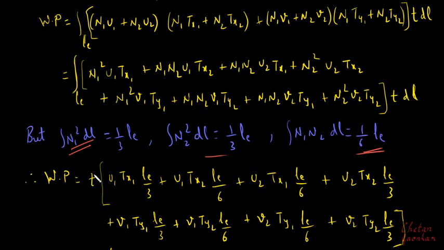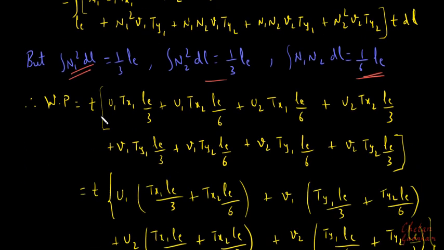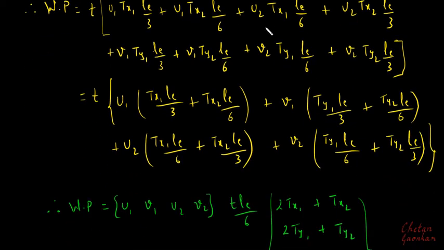This t still remains, which I have kept outside. Now what I will do is combine these terms in such a way that I get these terms in terms of u1, v1, u2, v2. So basically I have to just bring out these terms. I will bring out this term u1, and whatever remains I have written inside. Then I have written this term v1. I have brought out this v1 common, and whatever remains inside has been kept here. Similarly u2, and then similarly v2.